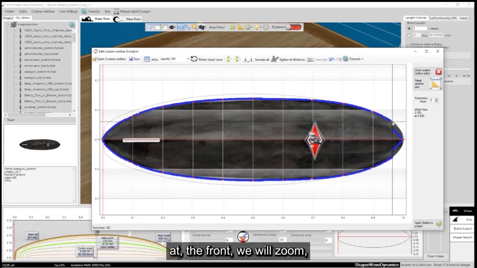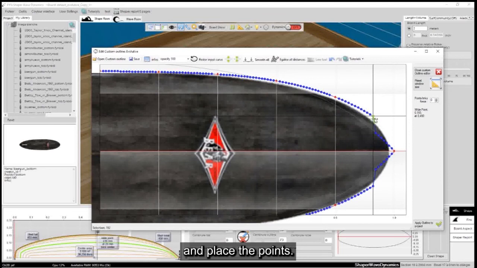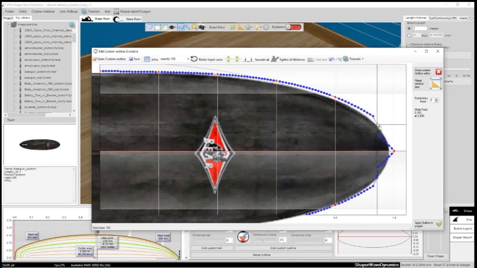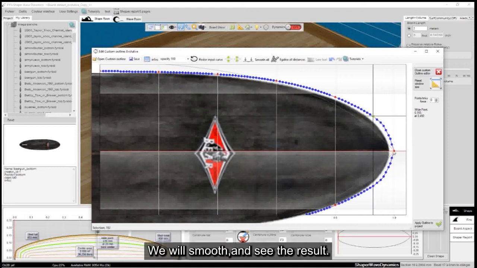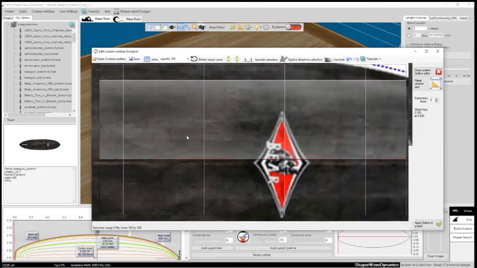At the front, we will zoom and place the points. We will smooth and see the result.